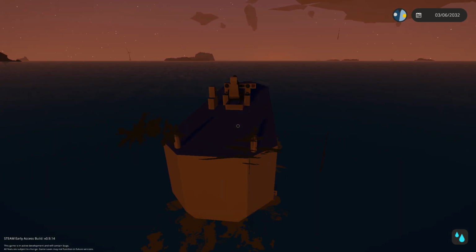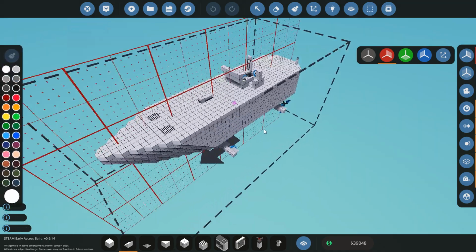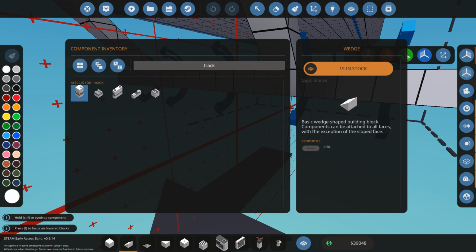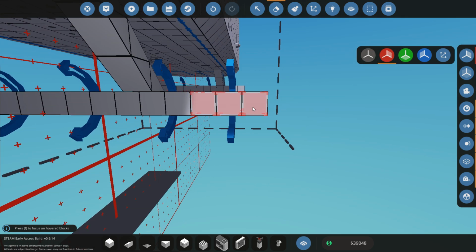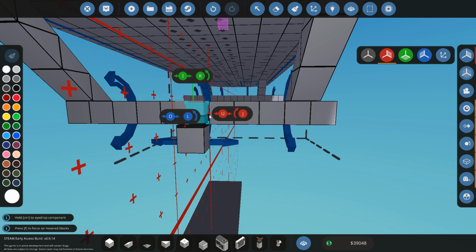That's what I'm going to be doing in future episodes, trying to make this thing more steady. Because I do have an idea, and that includes making it more stable. Because what I could do is go for a couple of track bases. You see, now I have these fins which are sticking out of the side of the hull. If I were to have a track base over here, on both sides...